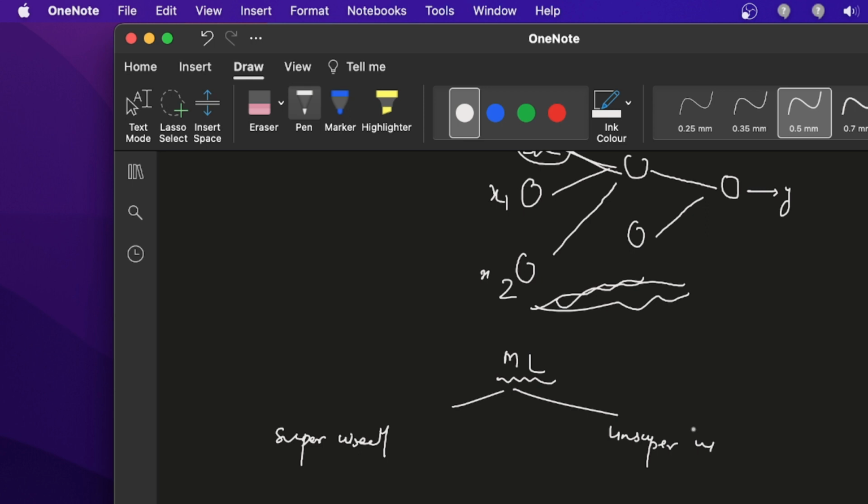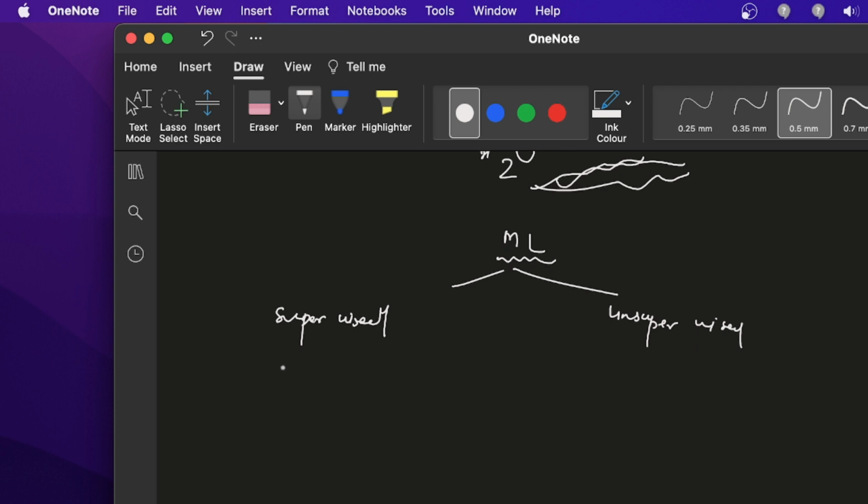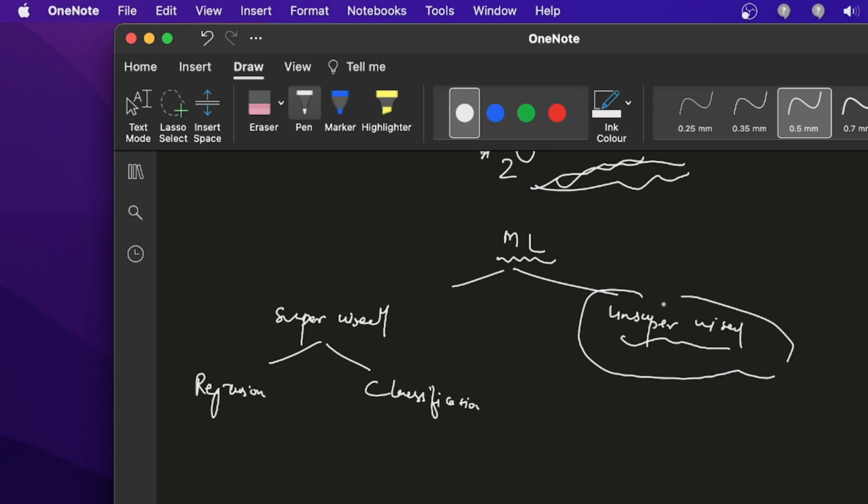In supervised, again there are two types: regression and classification. We are not discussing unsupervised at this time, because unsupervised data is not labeled.